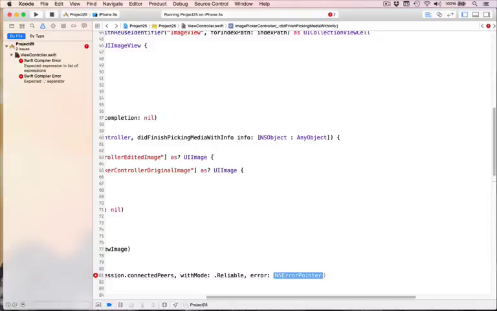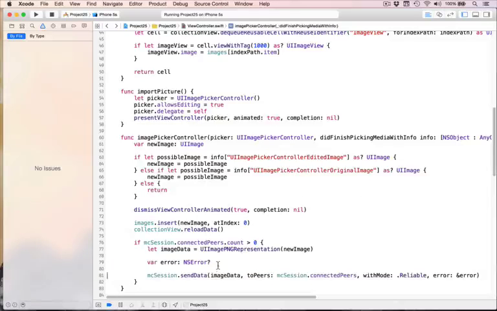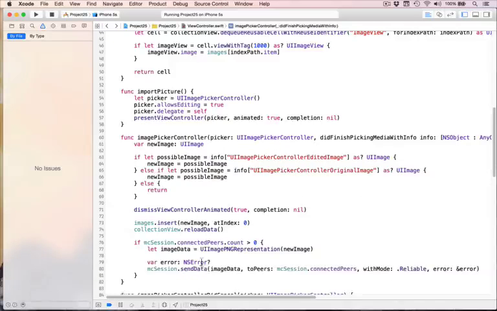And for error, this is new, I want you to write ampersand, so shift 7 for me, error. What that means is we've got an error object here, this NSError, and we're passing it in here. If I take that ampersand away, it won't work anymore. And the reason is, as Swift will warn you,